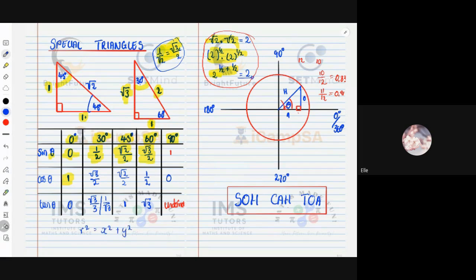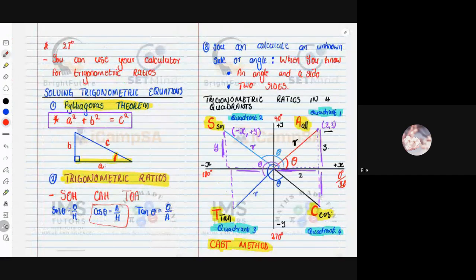So by knowing those special triangles, even in the exam, you can actually work out these ratios, by following SOHCAHTOA, so that is that, guys. And this here is the theorem of Pythagoras. Okay, and then